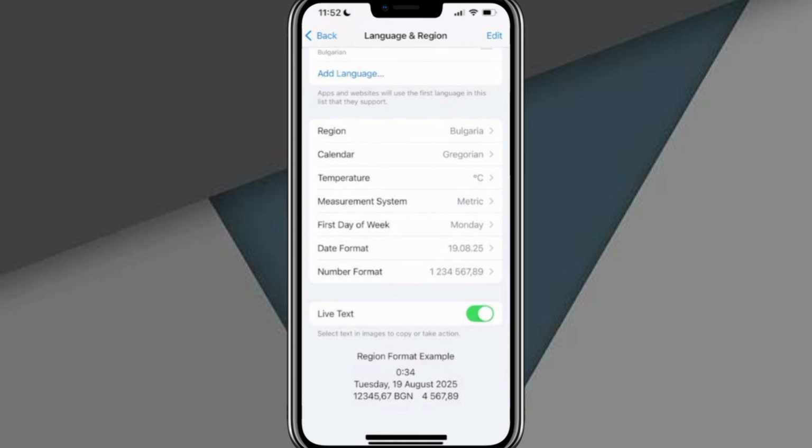If the time still doesn't change, it means that the data is coming directly from your broker server, and in that case, the time zone cannot be changed manually. And that's it. That's how to change the time zone in MetaTrader 5.